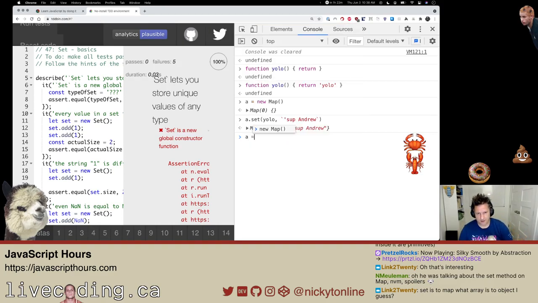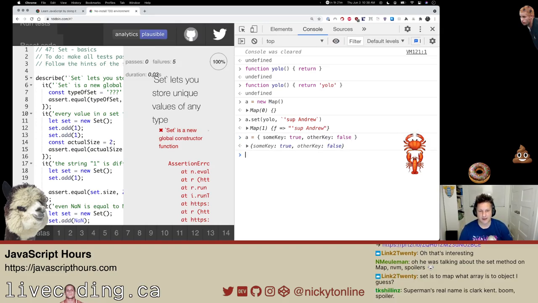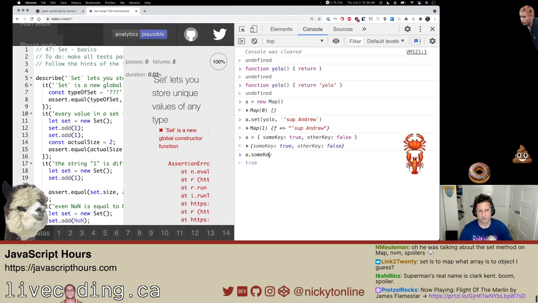All right, this is probably something most of us have done at some point. We'd say some key true, other key false. I'm doing a trivial example, but you want to see if something exists, but when you're using an object, the object keys have to have values. If I do a dot some key, that's true. If I do a dot other key, it's false, or even the key not existing. But the annoying thing about this is if you want to have this lookup of things, you really don't want to value the